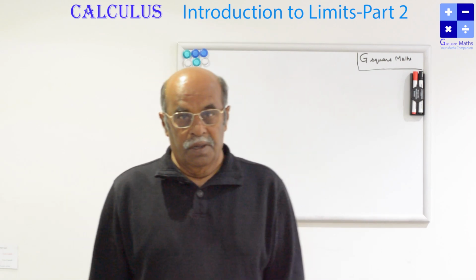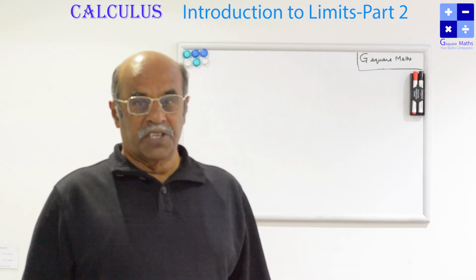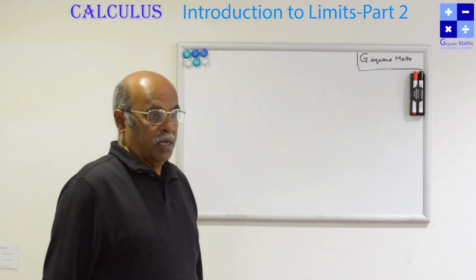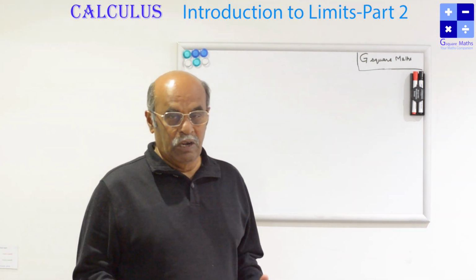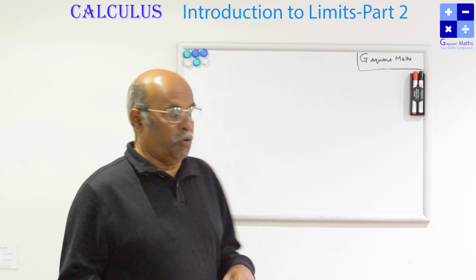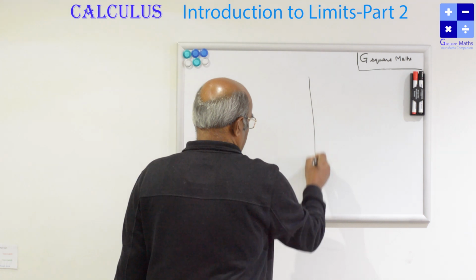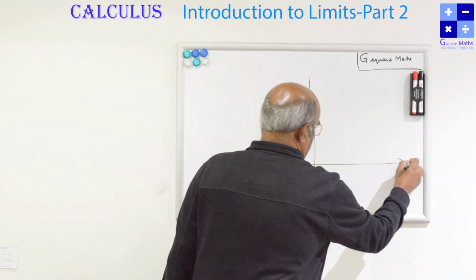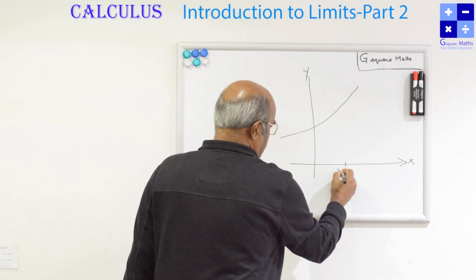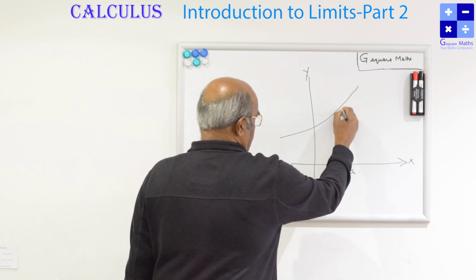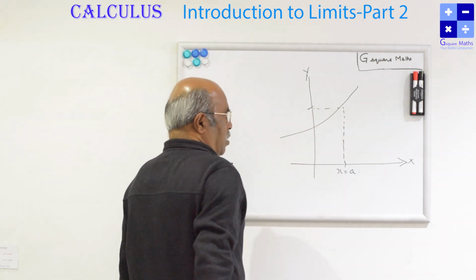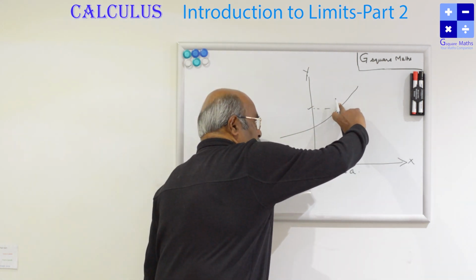So, dear children, before going to the next step of studying algebra of limits, let me conclude what we studied so far. Here we studied how to evaluate the value of a function at a point x equal to a where the function is not defined at that point. For example, this is the x-axis, this is the y-axis. A function is defined and a point in the domain is given, x is equal to a. The function is like this, this should be the function value. But here the function is not defined at that particular point.